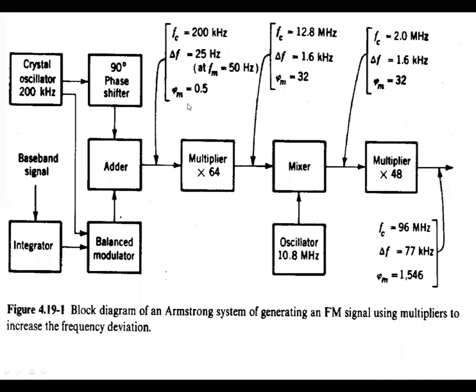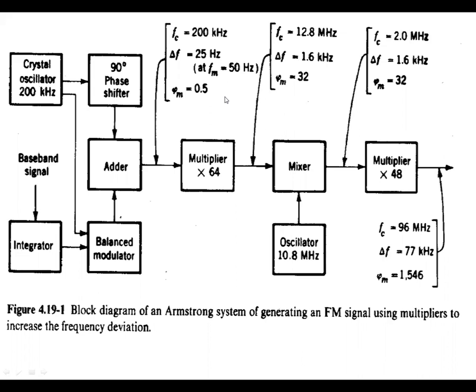So there is a relation with phi m, the angle. The angle is also 0.5. Please note that relation. The relation is delta f is equal to beta into fm. Here the beta value and phi m value are the same. That is the phase angle, the factor of modulation. The phi m is 0.5 here.